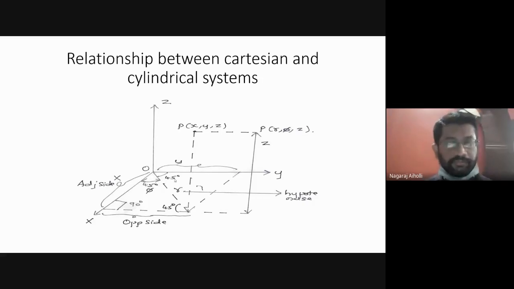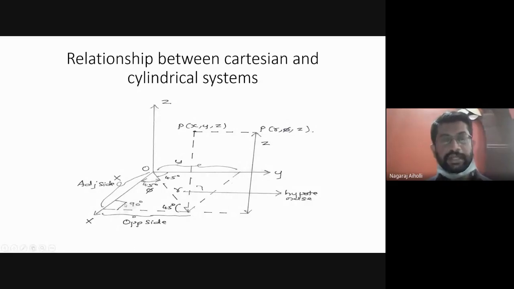So here they are mutually perpendicular to each other. Now x to y is 90 degrees. When this radius r bisects x to y, we get 45 degrees and 45 degrees. Correct? Try to understand here. This radius r is bisecting, so this will be 45 degrees, and this will be 45 degrees, because the angle between x and y is 90 degrees. Now this and this are alternate angles, so this is 45 degrees, which means this will also be 45 degrees, because they are alternate angles.